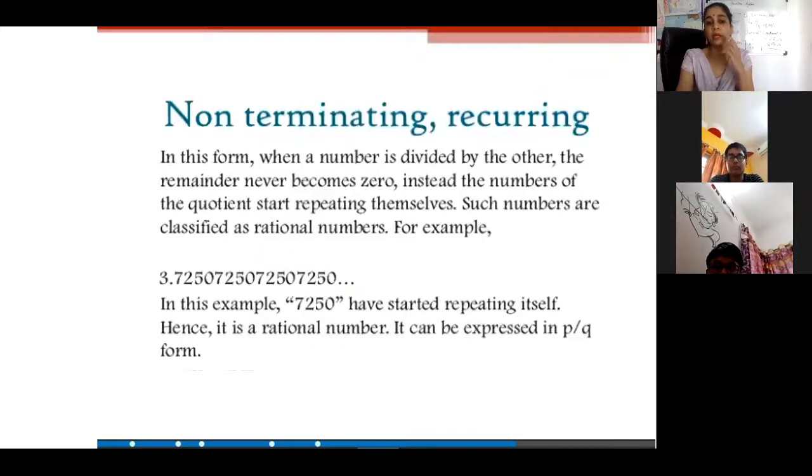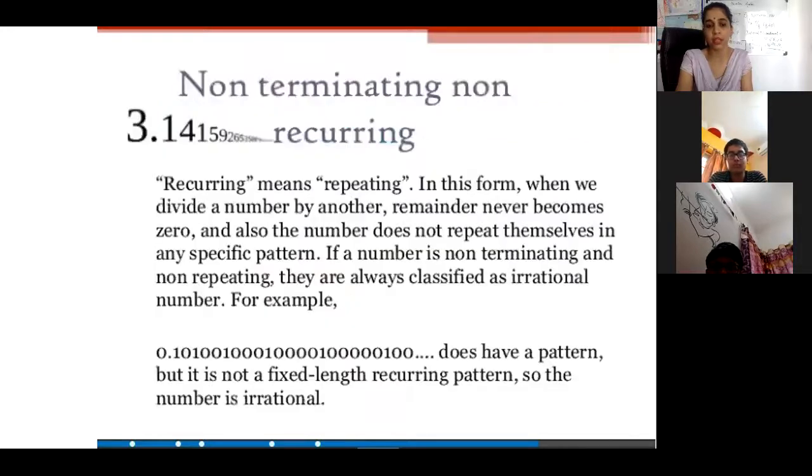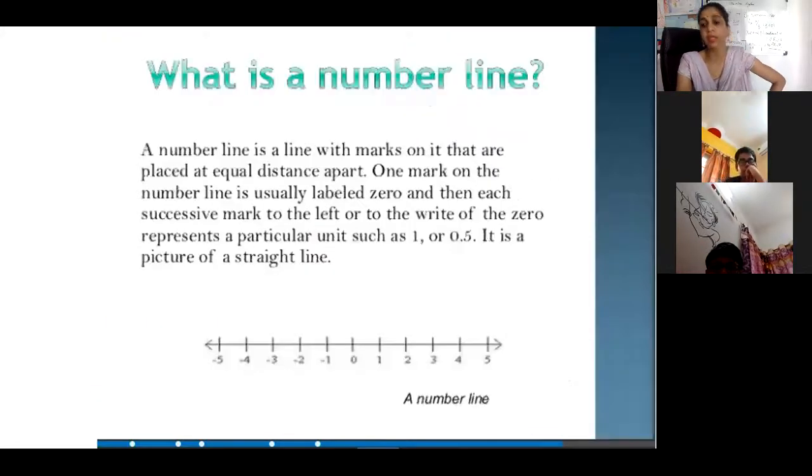Now non-terminating recurring, as I have explained, pi की value लिखी है आपने, that is okay. Non-terminating and non-recurring, that is also recurring is repeating. They have written the sentence as I was telling you. So the examples of all the 3 we have done. Any doubt till now? These are the 3 forms of decimal expansions. Okay. No doubt. Okay, if there's no doubt, we will be progressing towards your main topic, that what is a